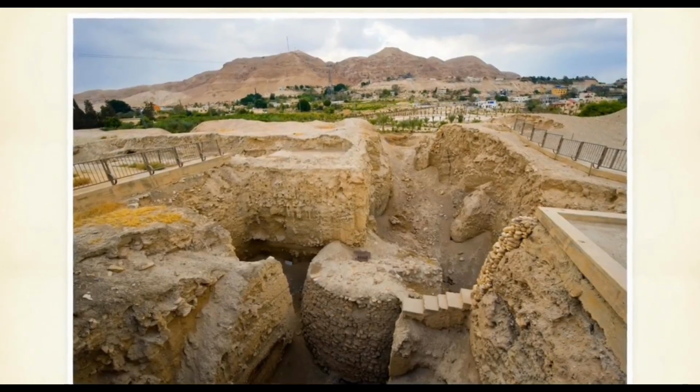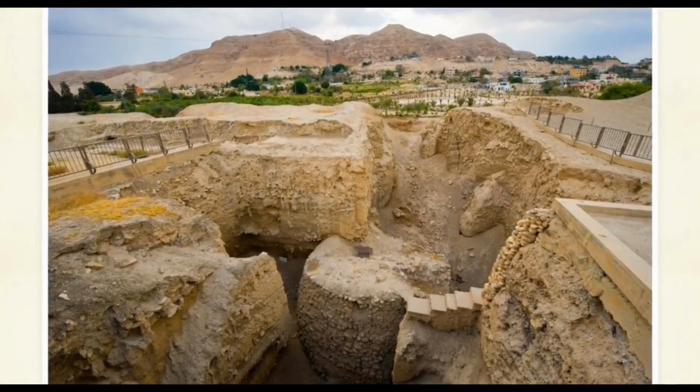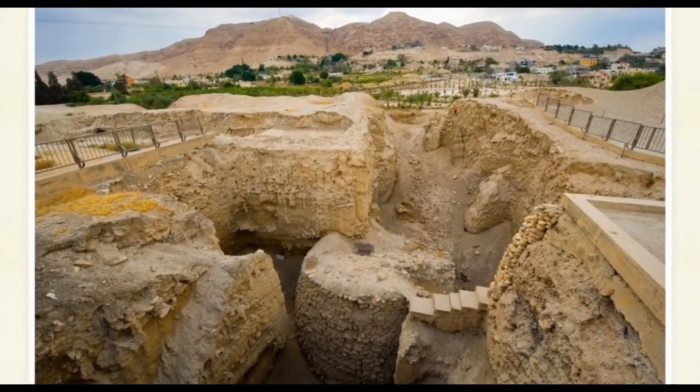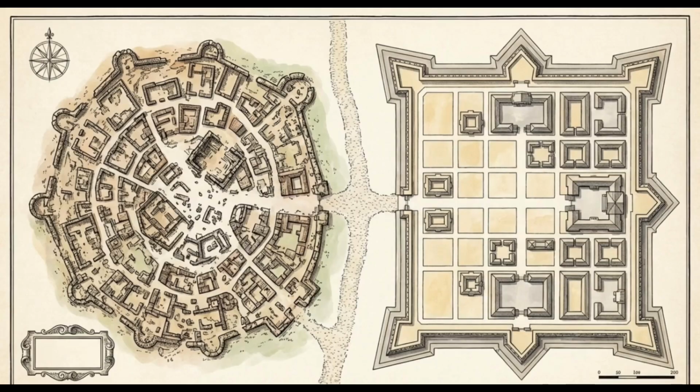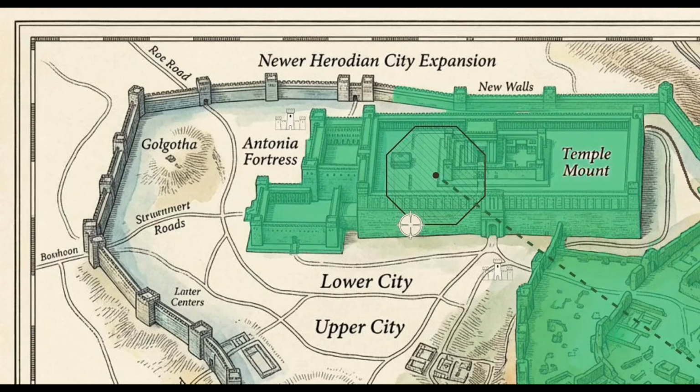However, applying spatial and historical analysis resolves the conflict. This is the geographical reality of Jericho in the 1st century. There were actually 2 adjacent sites known as Jericho, the ruins of the Old City and the newly built Roman city. This map traces a path between the 2 locations. A person leaving the Old City would simultaneously be entering the new city. Both Matthew and Luke are geographically accurate based on their specific vantage point.